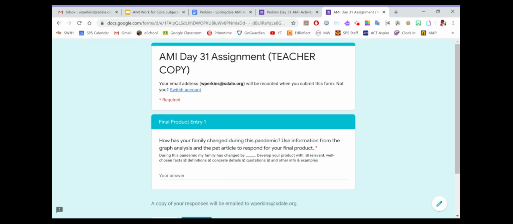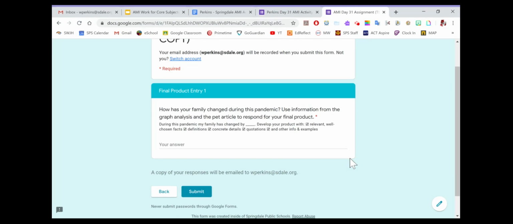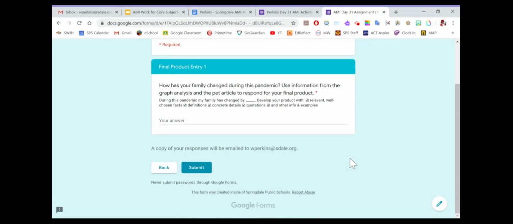And this is your final product entry for the day. So once you do this question, you'll be done with the Google form, okay? How has your family changed during this pandemic? Use information from the graph analysis and the pet article to respond for your final product. During this pandemic, my family has changed by blank. And develop your product with relevant, well-chosen facts from either the article or